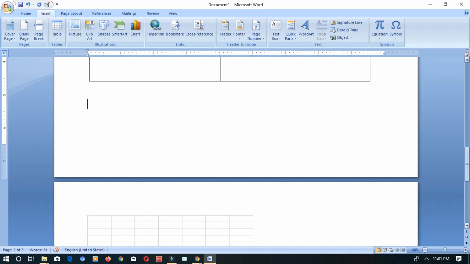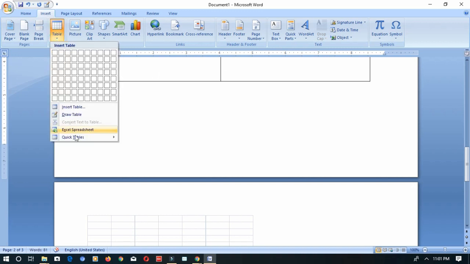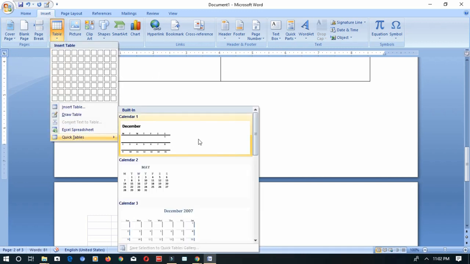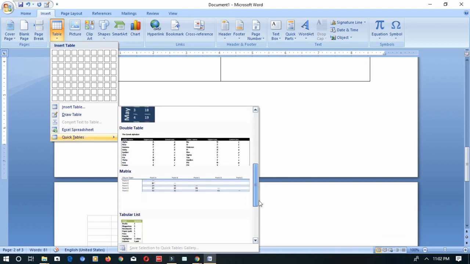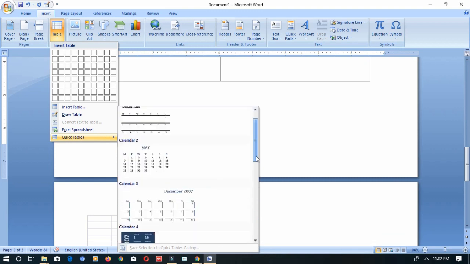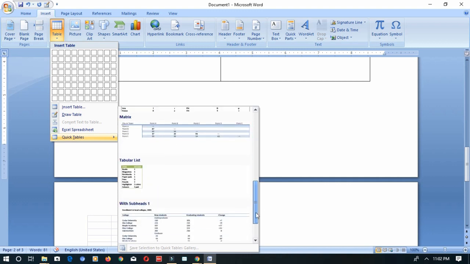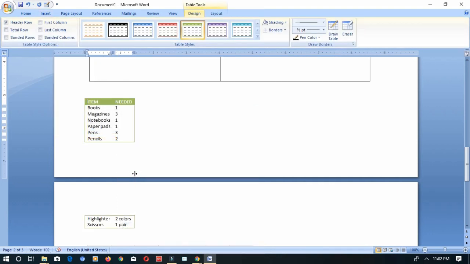Instead of that, if you wanted this type of format, it can be selected using the quick tables option. In the same way, go to the Insert tab, Tables group, click on Tables, and go to Quick Tables. You will see various formats over here. Whichever format is comfortable for your table, you can select it and use it. Just click on it, and you can change the data according to your requirement. Instead of sitting and formatting everything, you can do it this way.